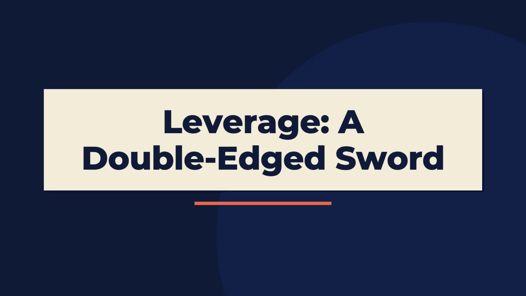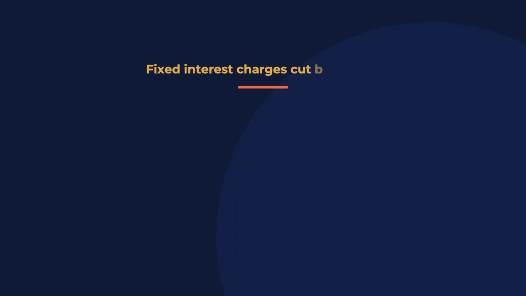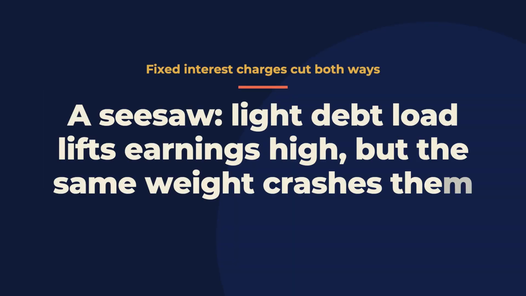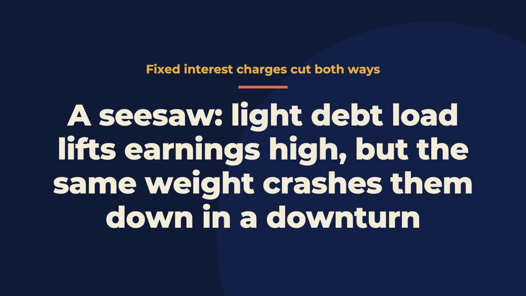The ranking of two plans is not permanent. It can flip entirely when operating profit falls far enough. The reversal traces to the fixed interest charge. When operating profit is healthy, that charge is small and easily absorbed. So the levered plan's smaller share count lifts its per share earnings above the unlevered plan's. But when profit collapses, that same fixed charge devours a shrunken profit, dragging the levered plan's earnings below the unlevered